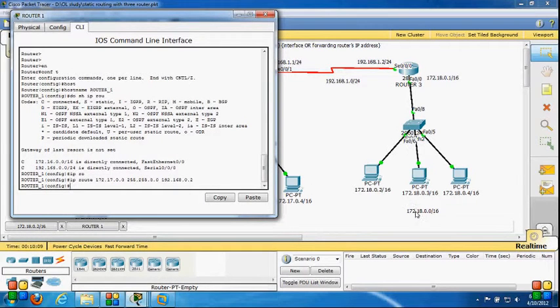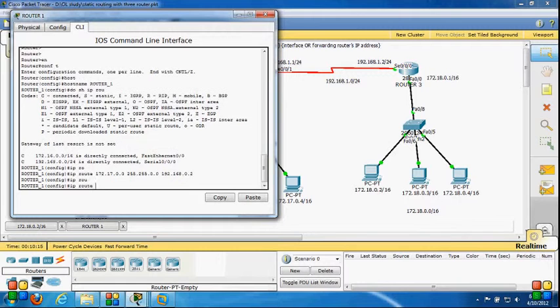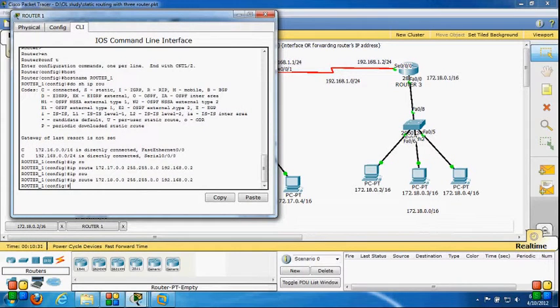Now I have to configure one more static entry for the network 172.18.0.0. So it's the ip route command, my destination network is 172.18.0.0, the subnet mask is 255.255.0.0, and the next hop IP address is the same as previous, because again I have to go through that router to reach my destination network.